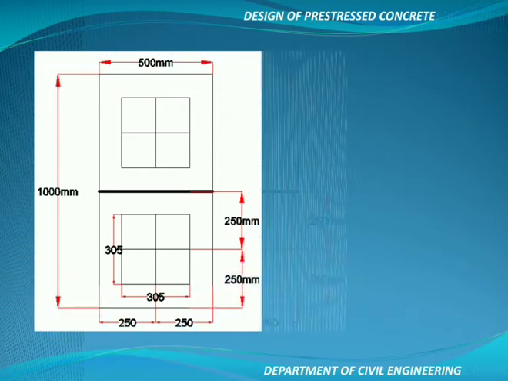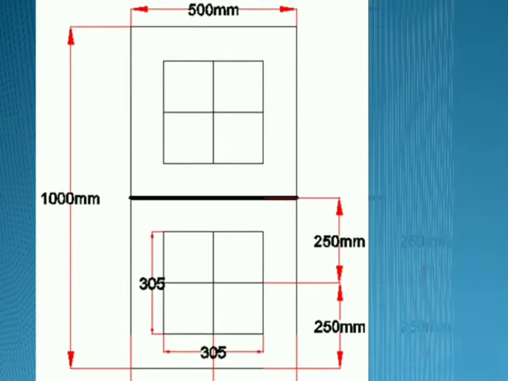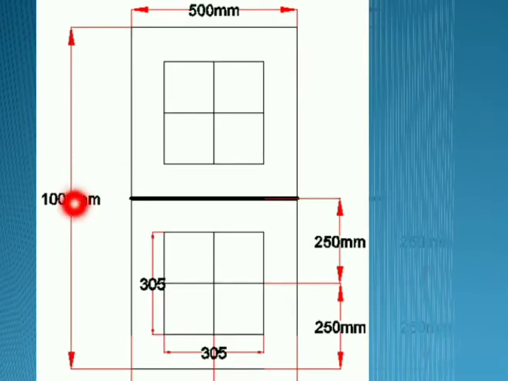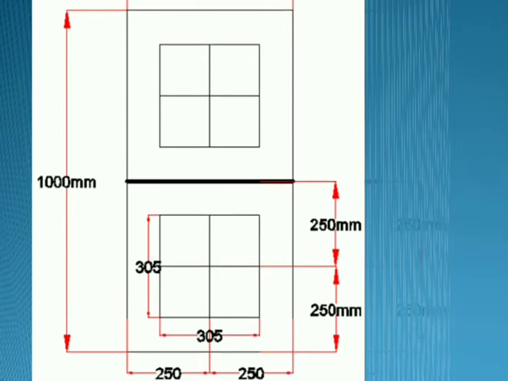Again, the most important part here is to draw the figure. Now in this case, I have firstly drawn the entire beam cross section which is of depth 1000 mm and width 500 mm. Then these two squares inside represent the plates which are used for pre-stressing. The size of the plates is given as 305 by 305. Both are of the same size, so if we analyze one part, it can be applied for both the parts.